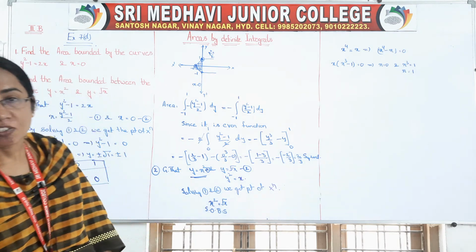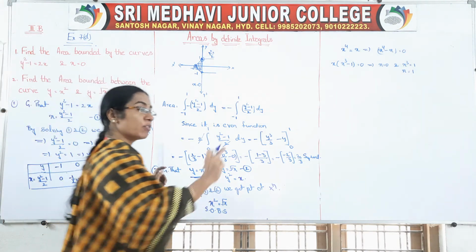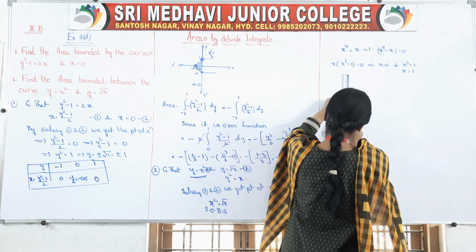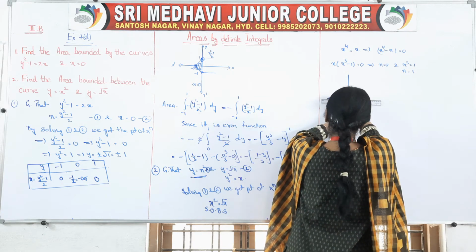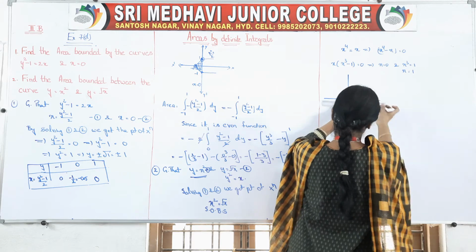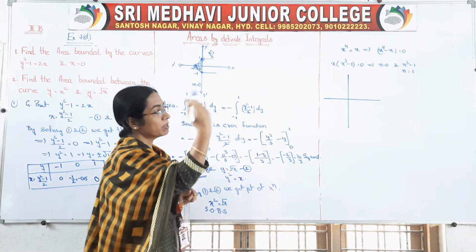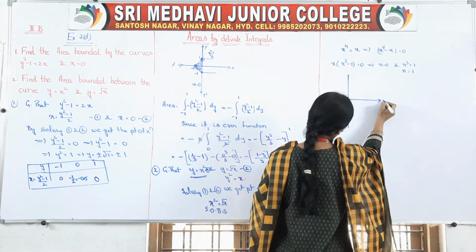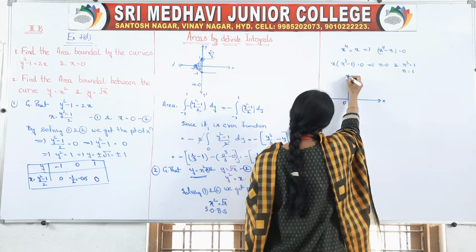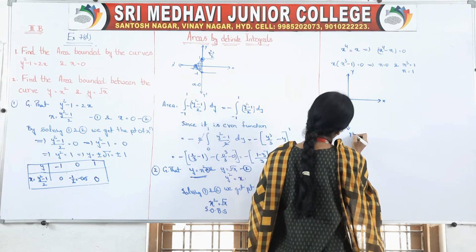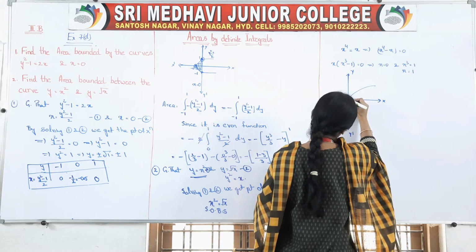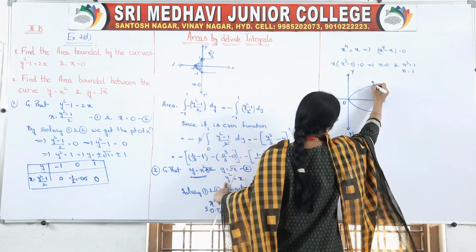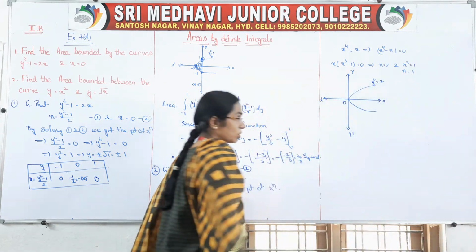So no need to construct the table. Directly we will go to the diagram, right? How directly we will go to the diagram here? You know that when the parabola equation is y square is equal to 4ax form, it will be symmetrical with the x-axis, isn't it? So come on, this is your x and x dash and this is your y and y dash. So one parabola will be like this and its equation is y square is equal to 4ax form, that is y square is equal to x.